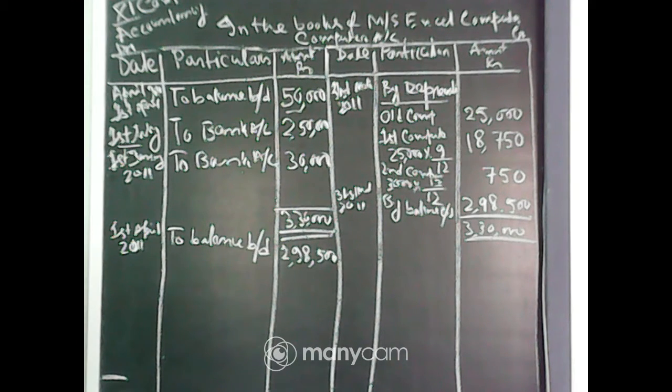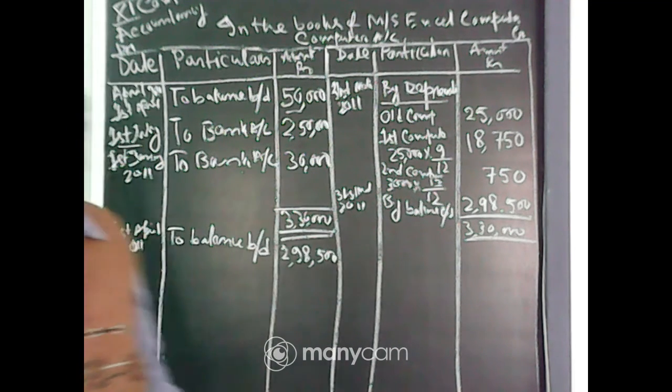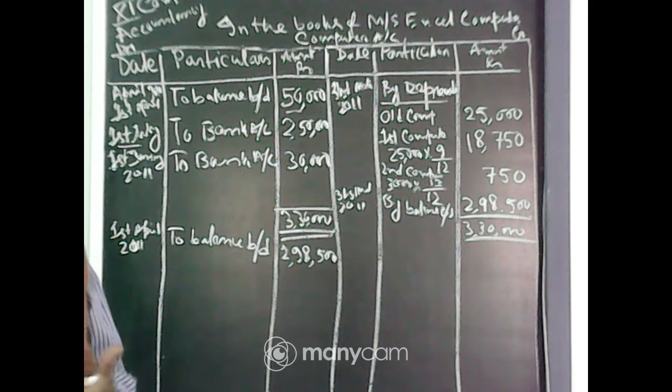Now, this year again you have to show if there is anything purchased, if there is anything sold. If it is not, then you have to again go to the end of the year and charge the depreciation. Now, up to that, is there any problem? What to minus from what?